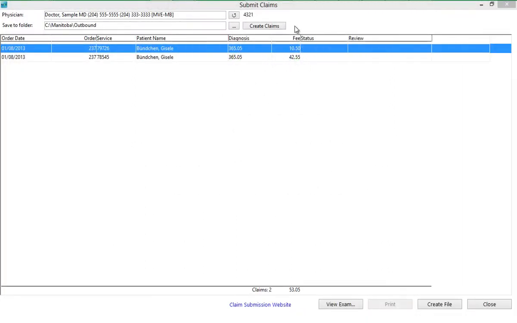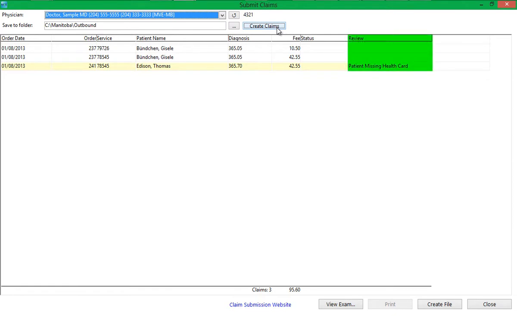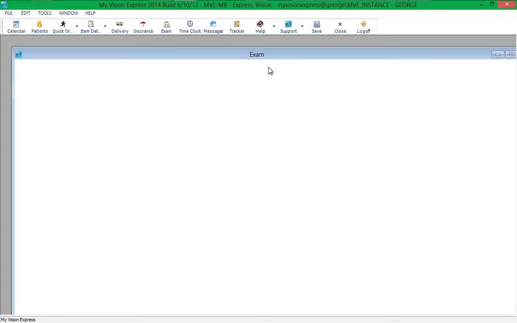Now we will look at an example of an error that may appear before the submission file is created and go through the steps needed to fix the file. Once the Create Claims button is clicked, in the review column you can see that this patient's health number is missing. Double-clicking this claim opens the exam,